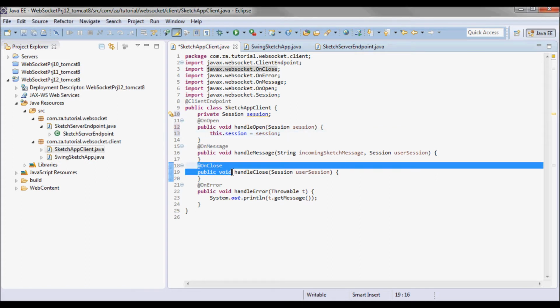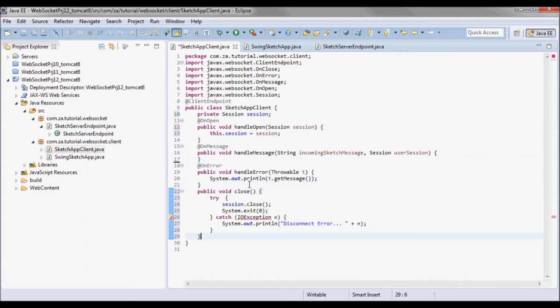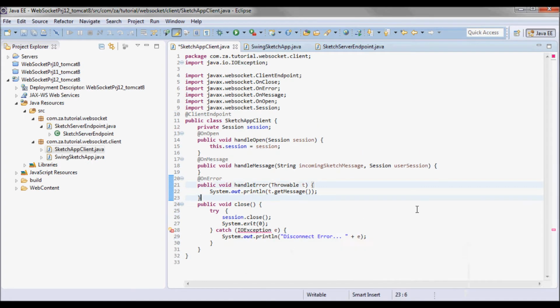And here instead of handle close, let me have this close method that will be called from the Swing Sketch app when closing the window. So here I will do session.close and then System.exit.